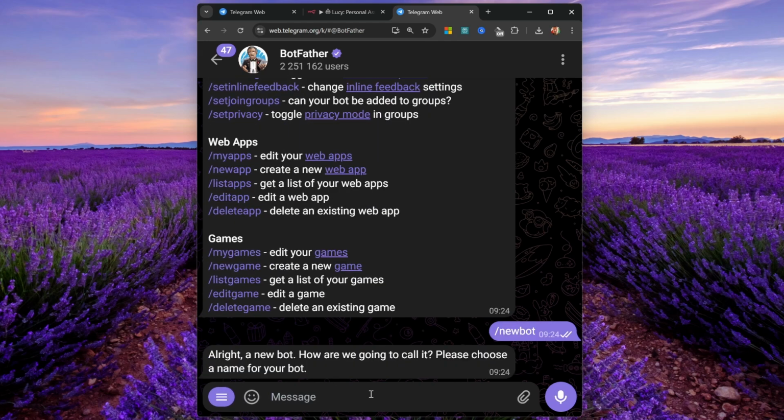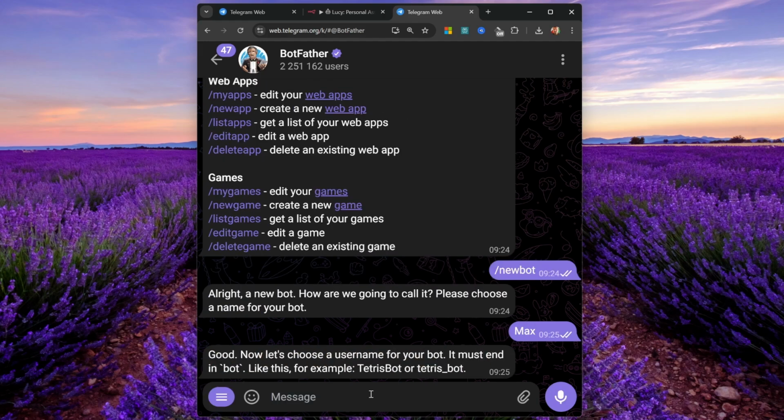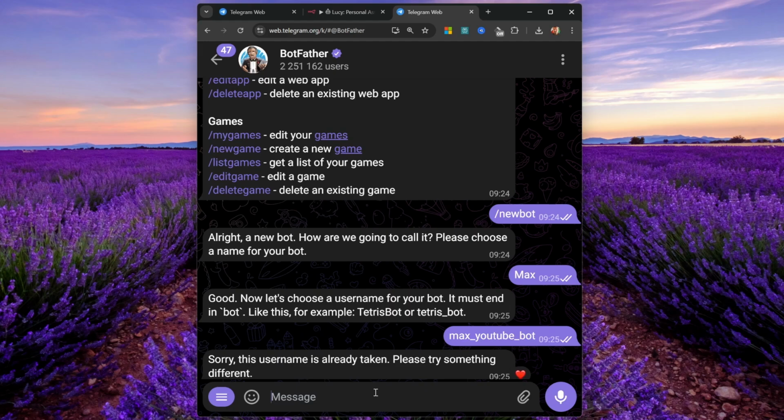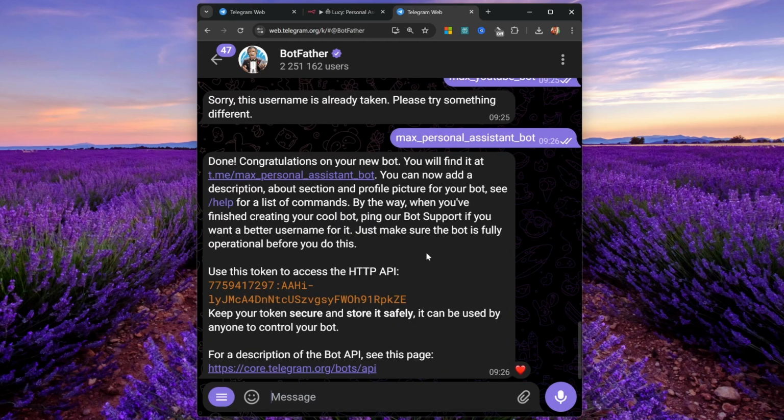Now we can give our bot any name. I'll just call it Max. Now we need to give our chatbot a username, and this needs to end with the word bot. So I'll enter Max_YouTube_bot. And it seems that this name has been taken, so let's try something else, like Max Personal Assistant Bot. And there we go. We now have our chatbot created, which we can access by clicking on this link, but